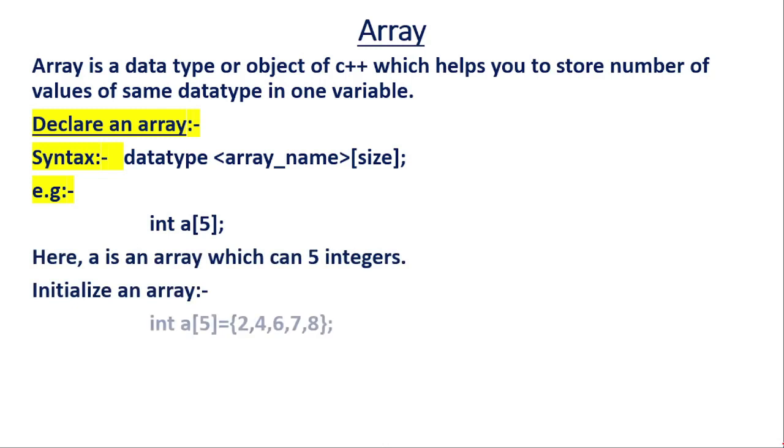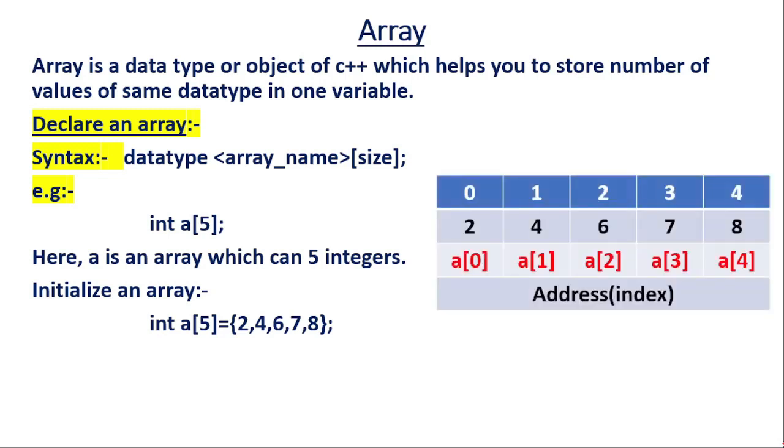सो आपको इस एरे के अंदर अगर 5 वैल्यूज को स्टोर करवाना है, so how can you initialize that array? इनिशियलाइजेशन के लिए हमें कर्ली ब्रेसेस को यूज करना पड़ता है. आपको कर्ली ब्रेसेस के अंदर वैल्यूज को स्पेसिफाई करना पड़ेगा according to the size that you have given in the square bracket. How these values will be stored in a memory? तो ये वैल्यूज मेमोरी के अंदर स्टोर कैसे होंगी, जैसे कि आप देख पा रहे हो कि we have the values 2, 4, 6, 7 and 8. These are the values that I have initialized